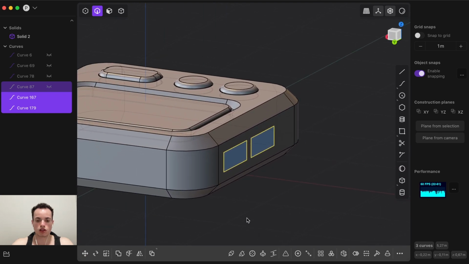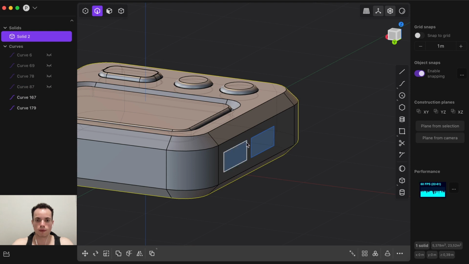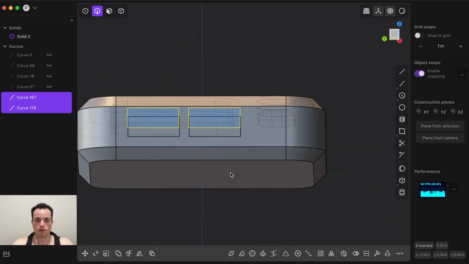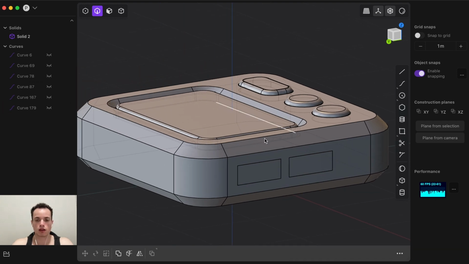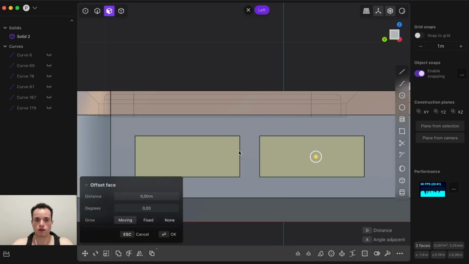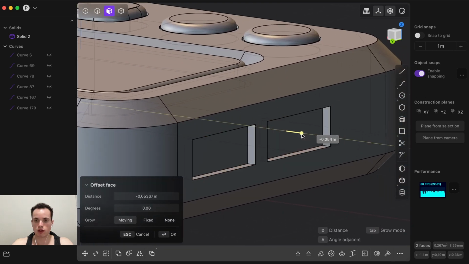To imprint, Shift I, get the solid, get the normal, enter, and I like to drag them out to see if it is imprinted, and it is. And also we need to round the corners a little bit, so this curve we can hide, and then go in points, go on the side here, and not on points, on this, on the face, get the faces, drag like this inside,